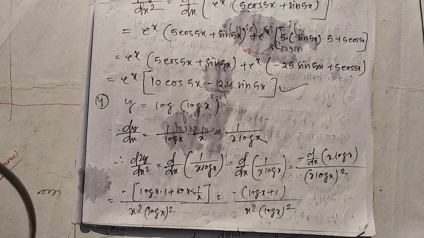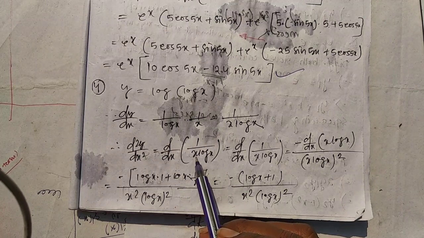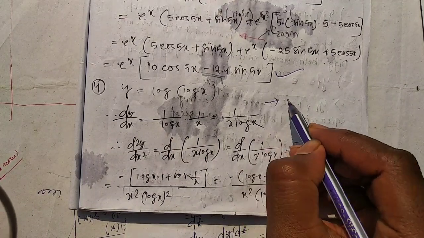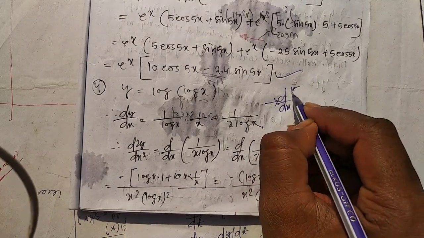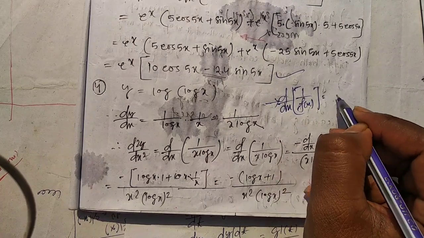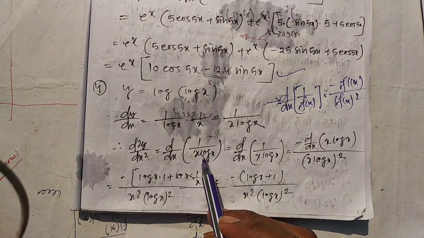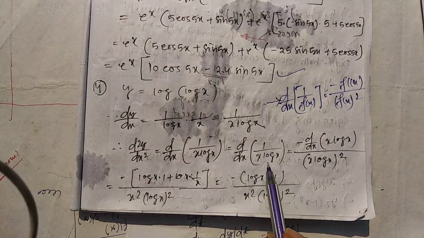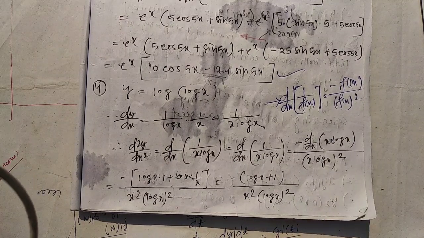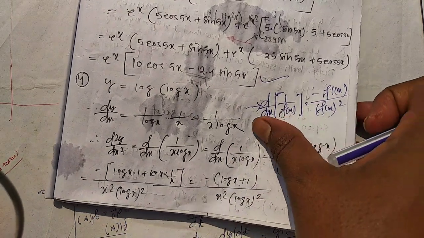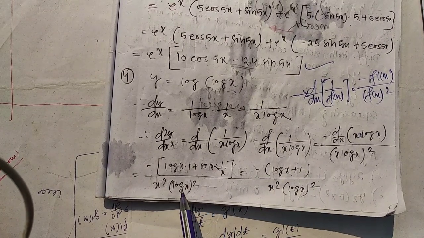Okay, again differentiate this one in order to obtain the second order derivative, that is the derivative of 1 by x log x. For this we have to go for the derivative of 1 by f of x. This is nothing but minus f dash x upon f of x square. So here f of x is x log x. So x log x square, minus the derivative of x log x. For finding the derivative of x log x, we have to apply product rule. Getting everyone? So x log x square, what will it be? x square log x square.